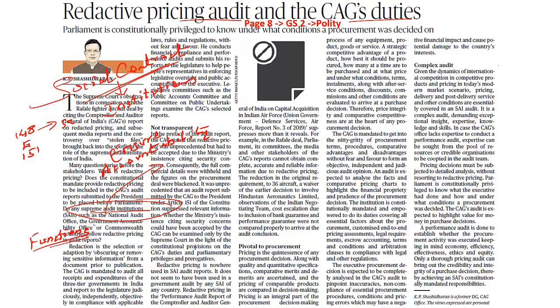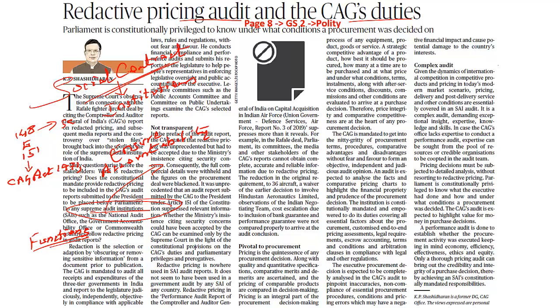CAG which is looking into it, and it will support the legislature by providing all reports to ensure transparency and accountability, and also the financial rules as laid by the legislature to keep the executive under check. Apart from the constitution rules, the CAG is also mandated by the CAG Act of 1971. This CAG Act of 1971 has amendments in the year 1976, 1984, 1987, as well as in the year 1994,